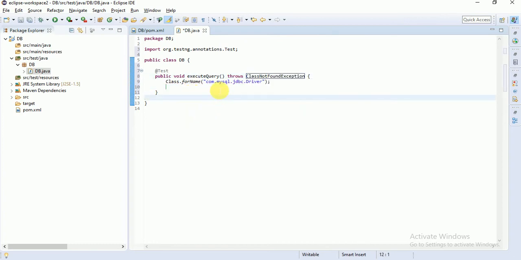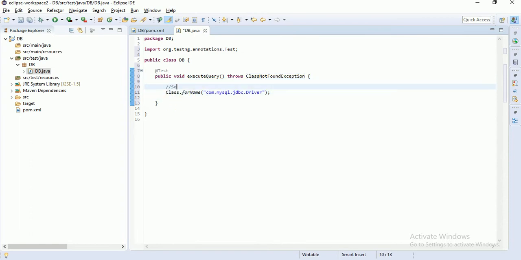This driver is different for different databases, guys. This is for MySQL, and if you want to connect to the Oracle database, a different driver will be there. SQL Server, a different driver will be there. Okay, next. First you are setting the driver.